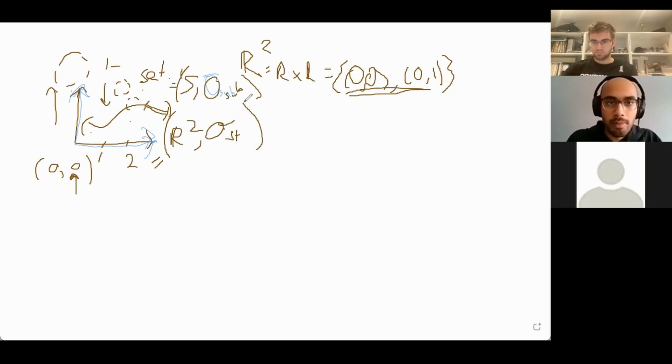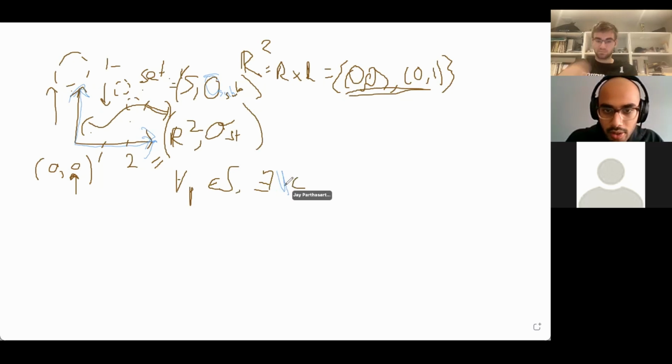And so now I have to write it out. It says for all points that are an element of S, there exists a region, which is an element of, what is it called? Usually U, the letter U for neighborhood. That makes sense. Yeah, neighborhood. Okay, that's good. I need to remember that because I always forget. There exists a U element of the O sub S, such that